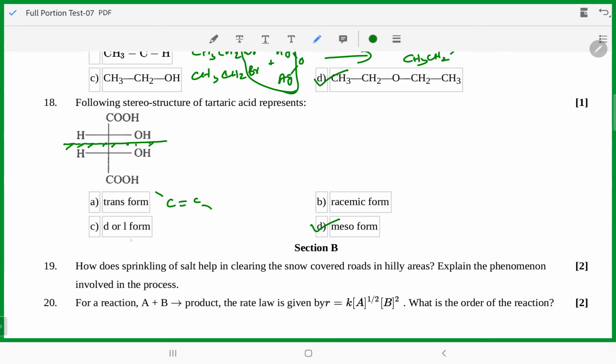What do we mean when we say D and L form? It is dextrorotatory in the D form, levorotatory in the L form. In a racemic mixture, 50% of L plus 50% of D gives the racemic mixture. So when you have the tartaric acid,